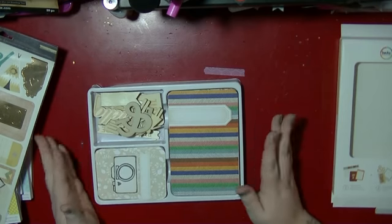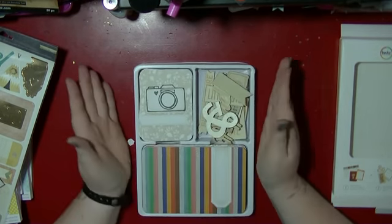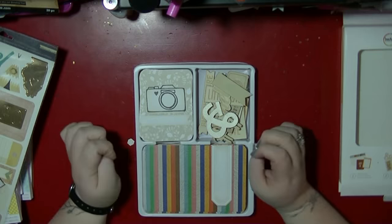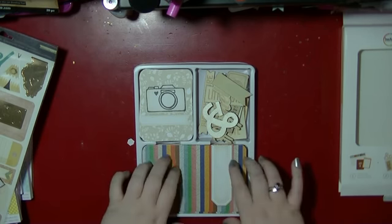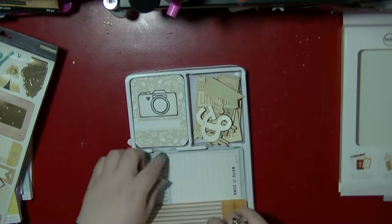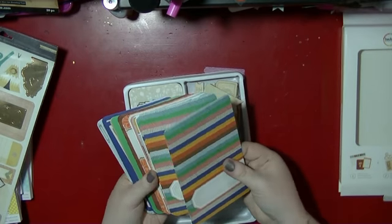Which is Amy Tangerine. And as you all know, I've been trying to use up my Amy Tangerine stash. And in doing that, I've been doing lots and lots of layouts for my American album. So I was looking through where I've got gaps, and there's a lot of the divider pages that I've put in there that have places where I need to do journaling and things like that. And I thought, as I've used a lot of this collection, it would be really good to use